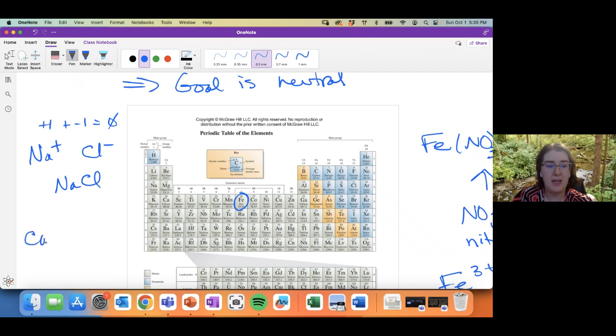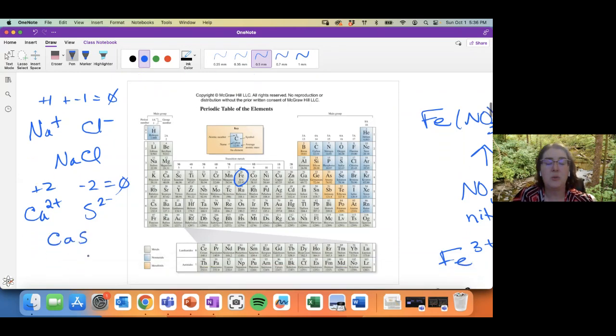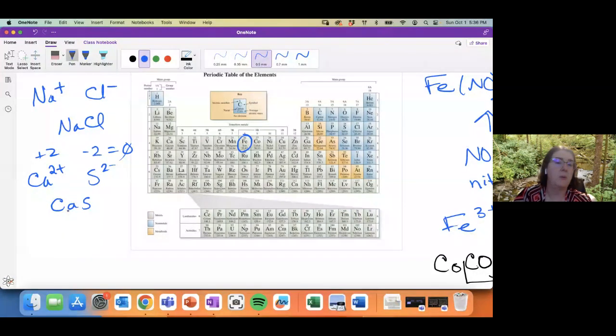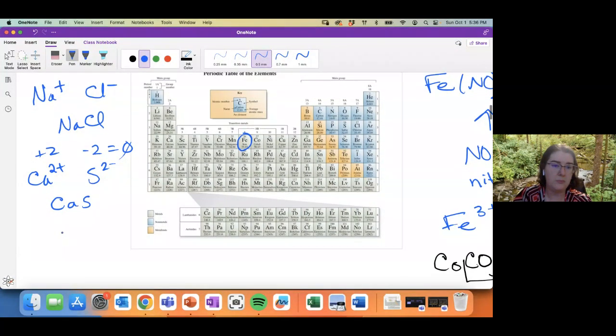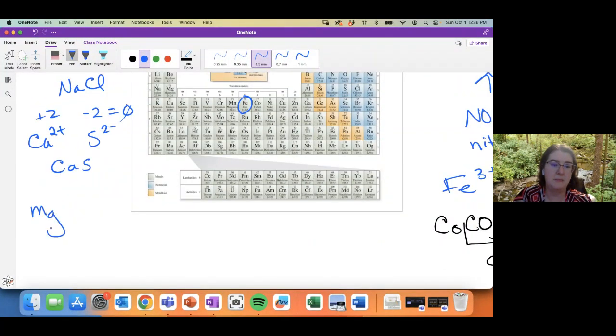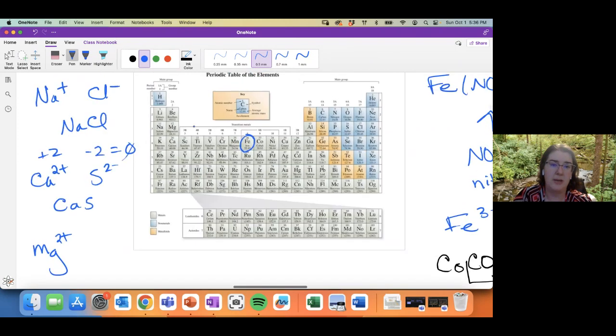Same game if I had a +2 calcium and a -2 sulfide. +2, -2, together, 0. They just go together. It's when they're not the same charge anymore that we have to do more work. So if I have something like magnesium, +2, by the way, I'm not pointing out all the times when they're in the periodic table, so I apologize for that. Chloride,